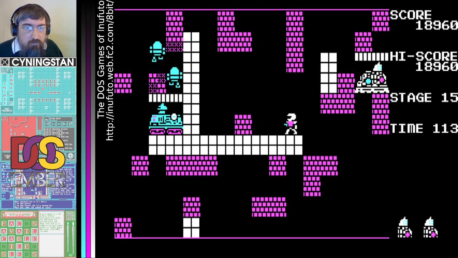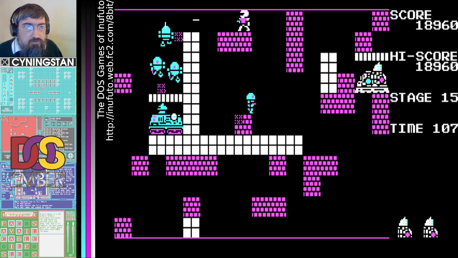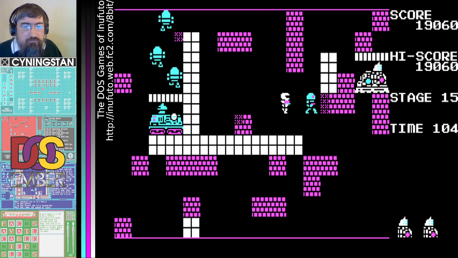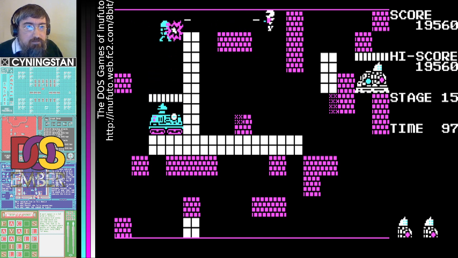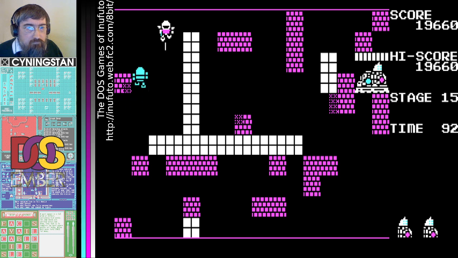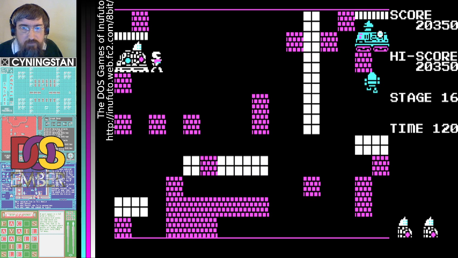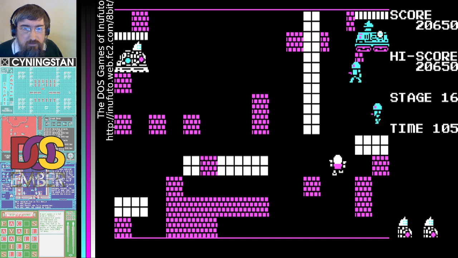Right, what's going on up here? Ah, that's right, yeah, this one. I shoot the walls there. Ah, yes, and they have... No, I'm not letting you get near my own base thing. Yeah, if I start to see a new repetition when I get to, I think it's level 25, I might call it there on this game, because it looks like I'm going to be playing it all night.